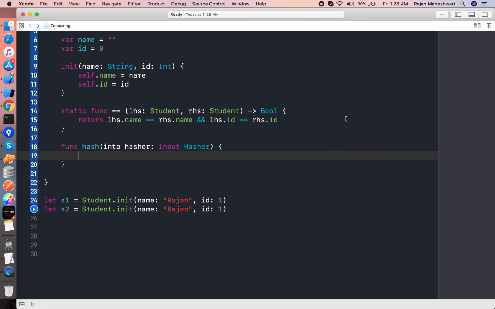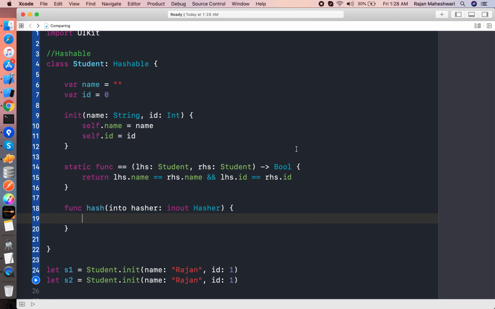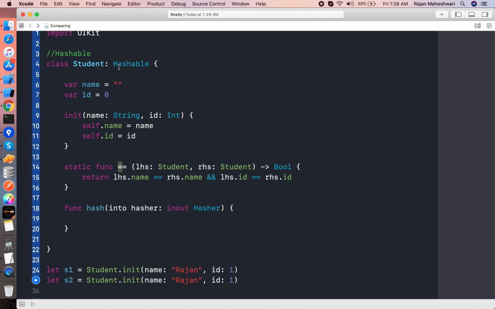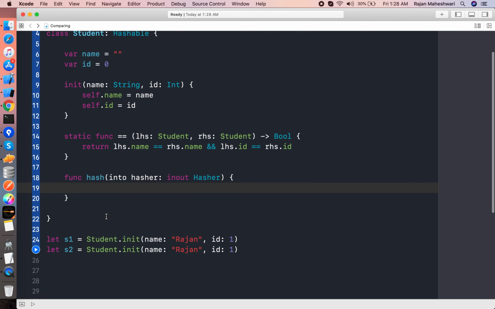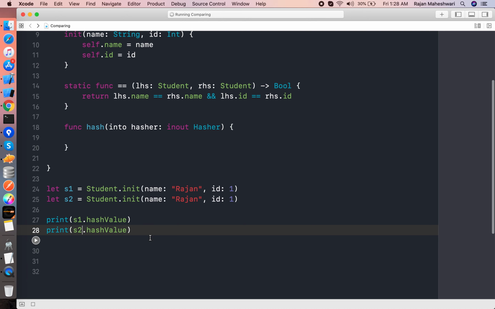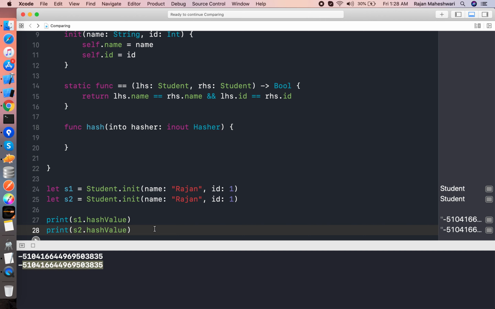Now you can see that we have a student class which is conforming to hashable, and we have a double equals to function, since hashable is conforming to Equatable, and we need a definition for this hash function as well. For the time being, I am leaving this hash function empty, and now I'm going to print the hash value of both the objects s1 and s2, and let's see what happens. You can see the hash values are same. Now let us modify the object and make it 2 for the id of s2 and also the name. In that case also you can see the hash value is same. So how is it helpful? It's not doing anything, it's giving the same hash value again and again,